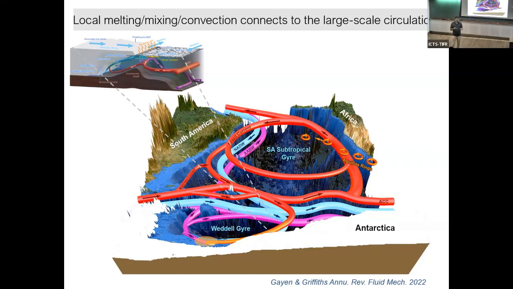Sometimes you create a lot of dense water right here, because here you also get freezing of the ice. Melting produces fresh water, and freezing of the ice produces salty water. So with all this combination, you form a different water mass, and this water mass moves out now, and that becomes part of our overturning circulation. So how much is the melting, and what water mass is coming from the melting? They're very crucial to dictate the overturning circulation. So it is a feedback loop.